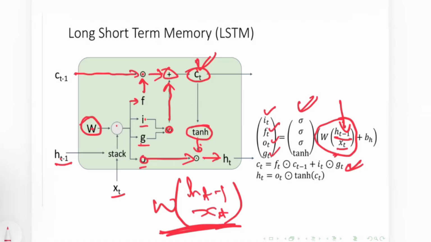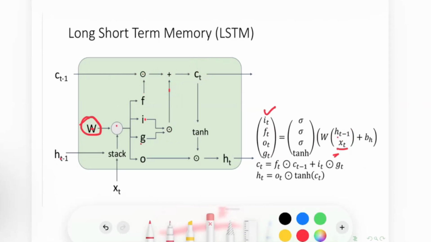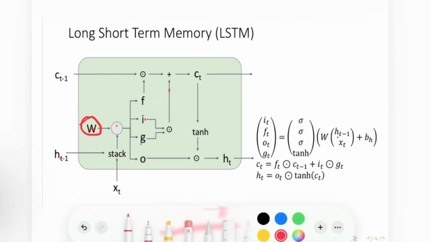Now we got the pictorial view of this equation, because we have to somehow realize how it is helping me solve the vanishing gradient issue. That's why we shifted to the LSTM. Otherwise, RNN was also doing fine. But the thing was, it was struggling with the vanishing gradient issue. And why was it happening? Because when it was going to capture long-term relationships, it was failing due to that